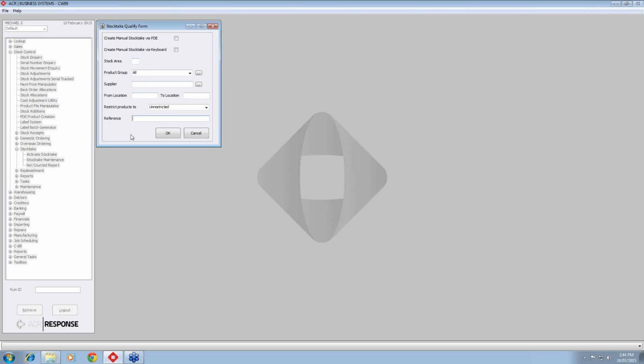The second bit of information, which is not absolutely required but is highly recommended to have on every Stocktake, is a reference for the Stocktake. Each Stocktake should be given a unique reference that helps to identify what's being counted when you come to look at it later. The reason for recommending a really descriptive reference is because I've seen in the past sites will